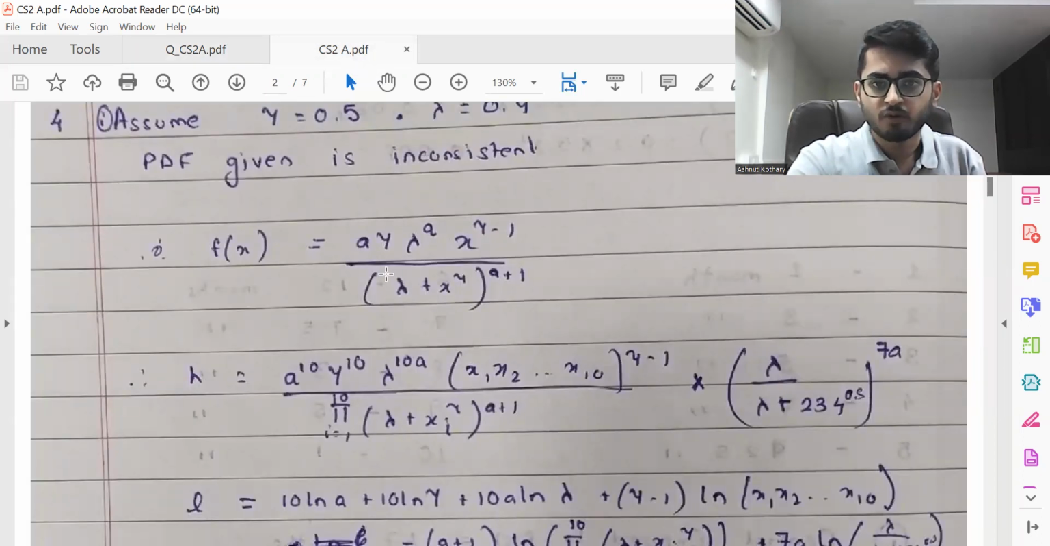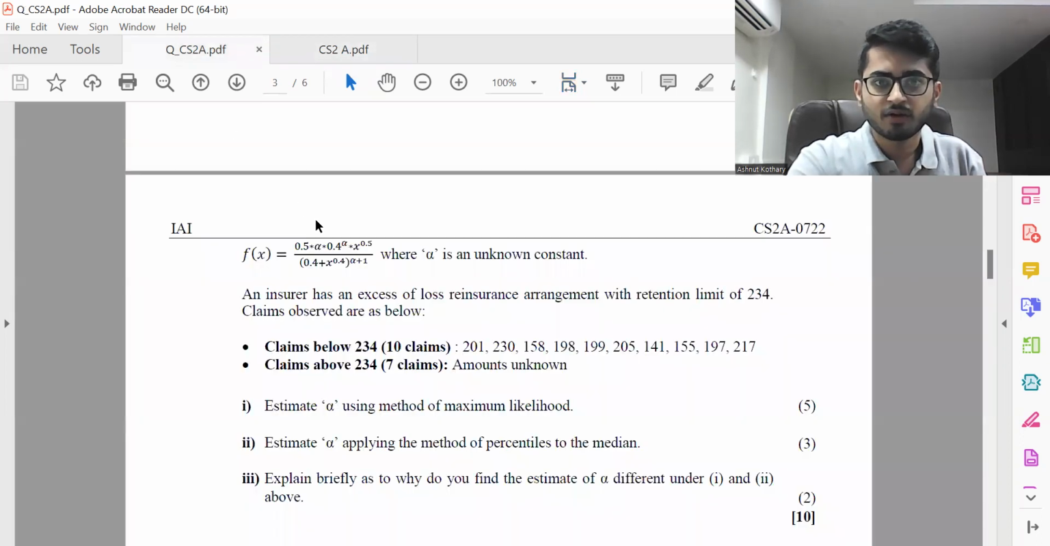Instead of lambda, I have 0.4. Fine. And x to the power gamma. And here what I have is x to the power 0.4. So you might think that gamma is 0.4 over here. But if gamma is 0.4 over here, then there should have been a 0.4 over here